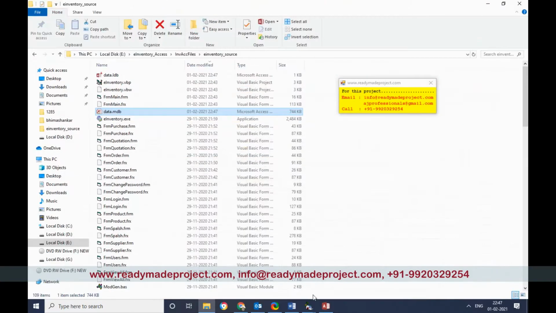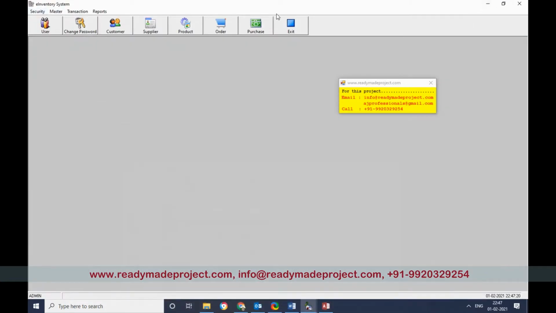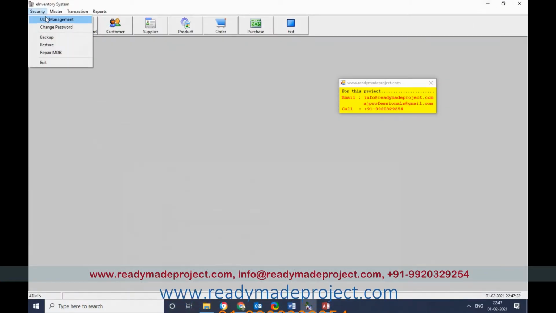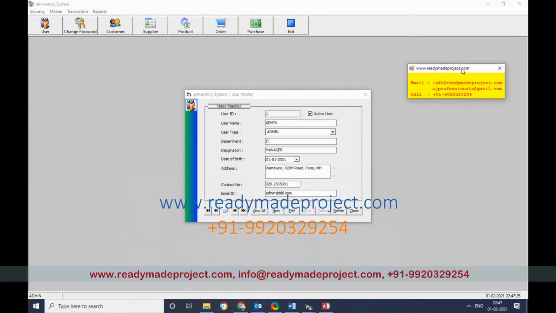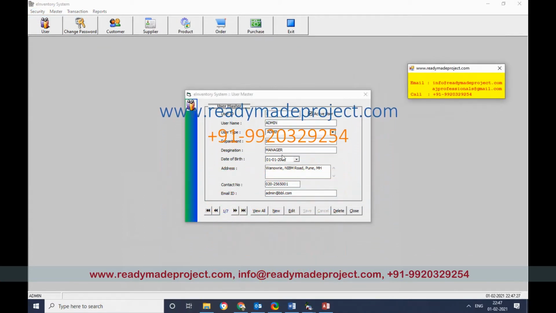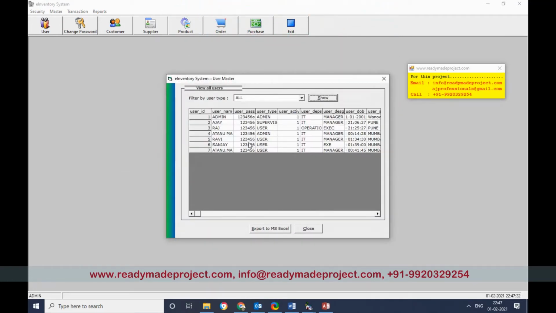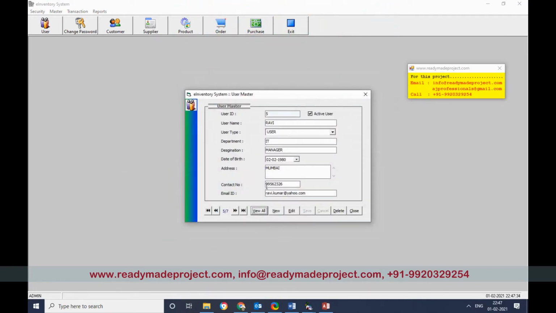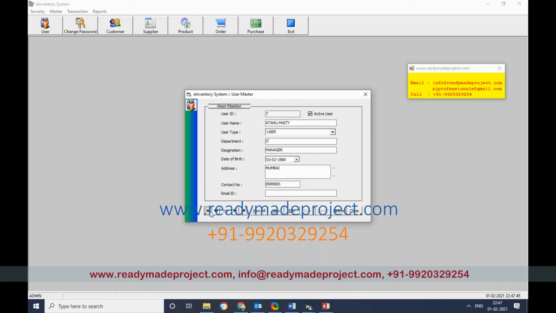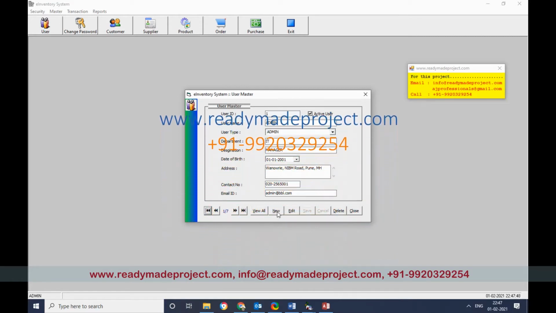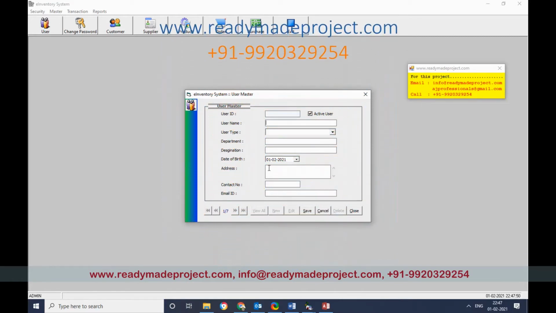So once you successfully log in, you will get that home page. All the menu is there. Like this, user management. Whatever users are already available in the system will display here. You can view all the users here. You can double click, and suppose I want to edit something, I click on edit and change the name, mobile number, click save. So new changes will be saved in the database. If I want to add a new one, click on new and fill in all the details.